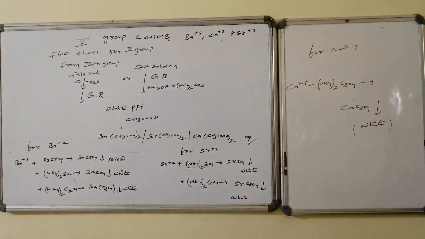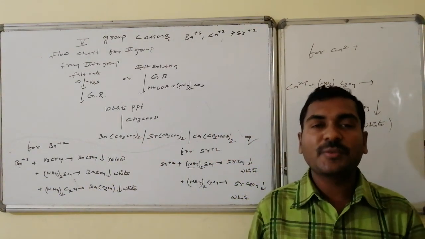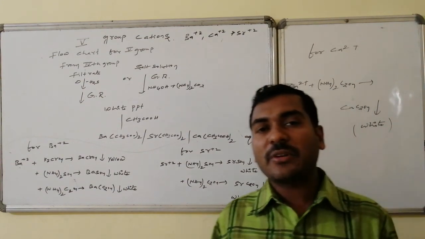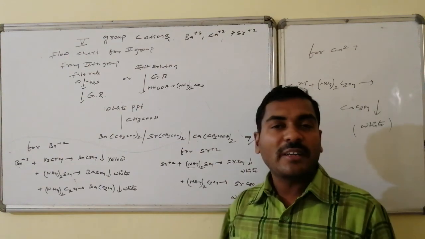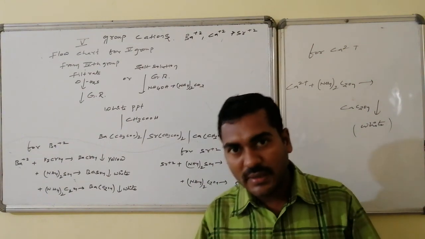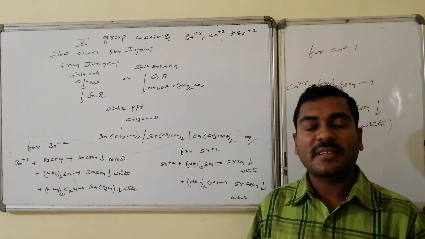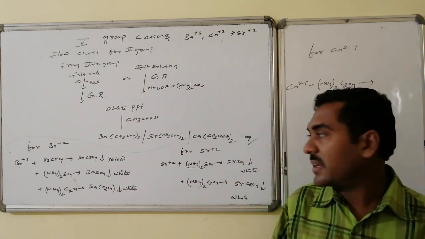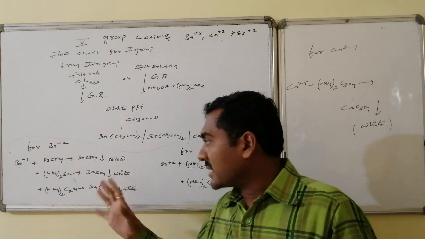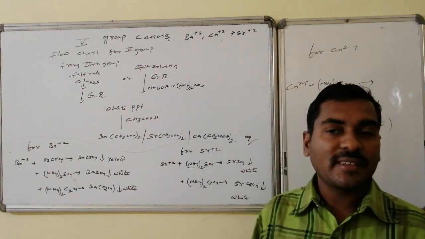The flow chart for the fifth group of cations. From the fourth group filtrate, followed by heating to remove H2S, followed by addition of group reagent, that is, the salt solution followed by group reagent ammonium hydroxide and ammonium carbonate gives the white precipitate for all the cations, barium, calcium, strontium. This white precipitate gets dissolved in acetic acid and forms corresponding acetates, all are aqueous, barium acetate, strontium acetate and the calcium acetate. Confirmations for barium. Barium combines with potassium chromate, forms barium chromate, yellow color PPT. Reaction with ammonium sulfate, barium sulfate, white color PPT. Reaction with ammonium oxalate, barium oxalate, white color PPT.